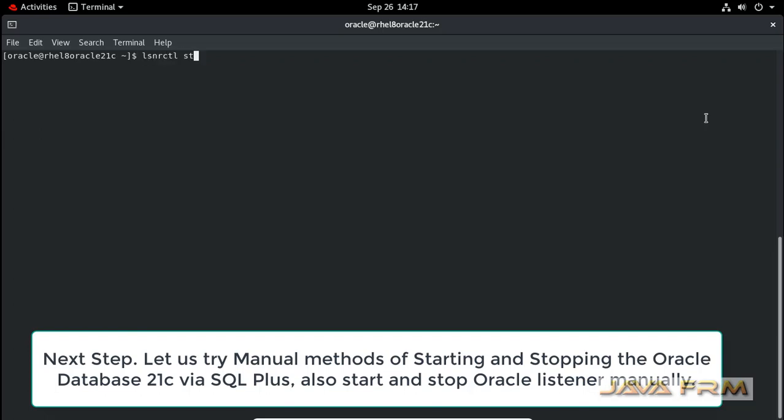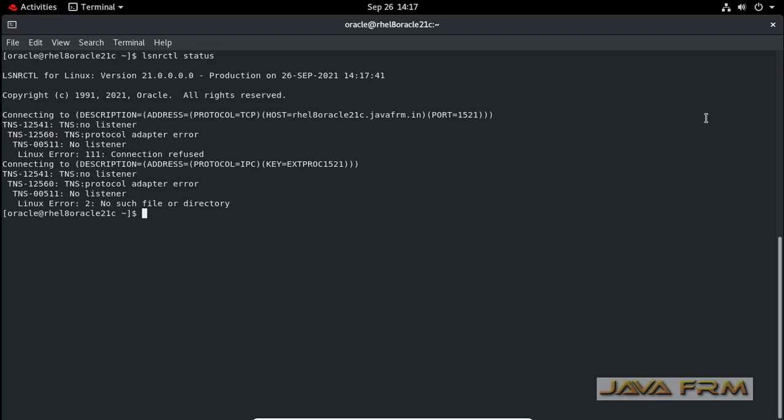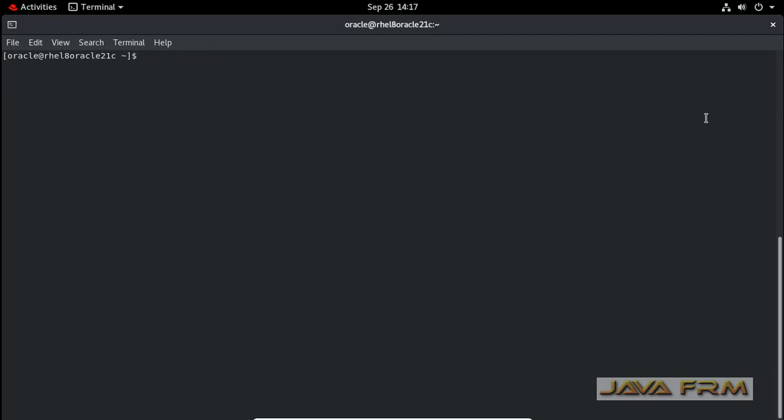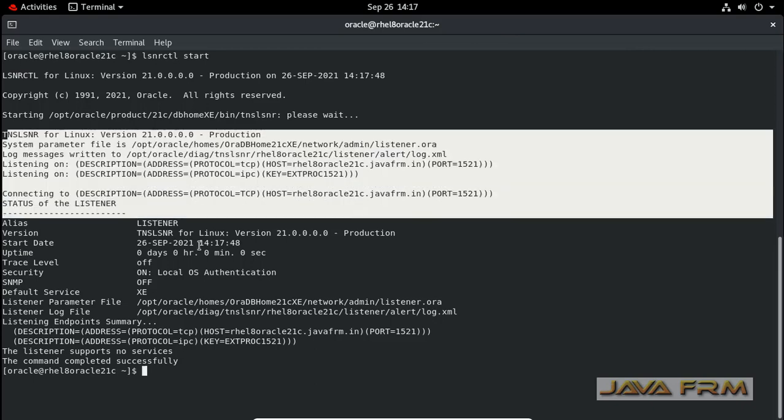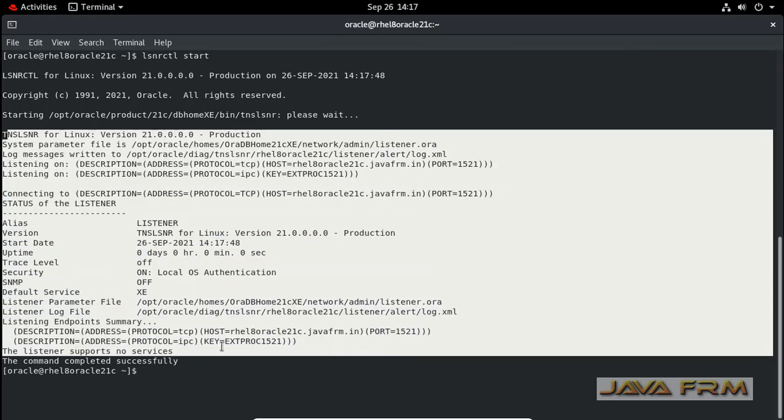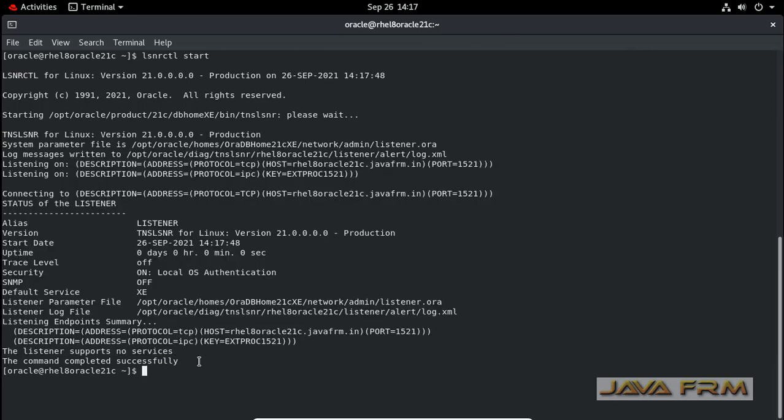Next step, I am going to start the Oracle listener. I told you earlier the Oracle listener is very important. This is the command: lsnrctl start. This will start the Oracle listener. These are the manual steps used to start the Oracle database.